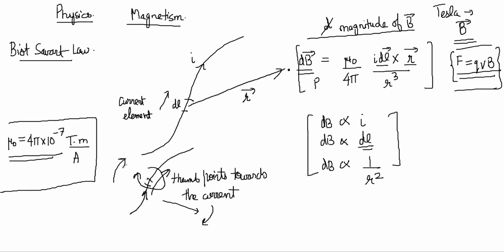Yes, sir. Molly, this is fine, no? So if you do IDL cross R, see, DL cross R, then also the same result comes. Magnetic field here is inwards. DL cross R is inwards. Convince yourself that in both ways, you are getting inward field on the right side. On this side, magnetic field is coming into the plane of the screen.